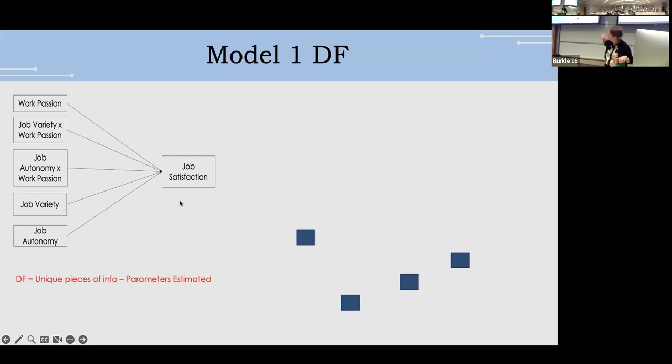So here's our model. And remember that degrees of freedom for our model is the amount of unique pieces of information that we have minus the number of parameters being estimated. In path analysis and in regression, what are the unique pieces of information I'm referring to? It's not the number of observations of people. What is it? Kayla, the boxes. What are those? This one is what? Good. The variance of each of our variables.